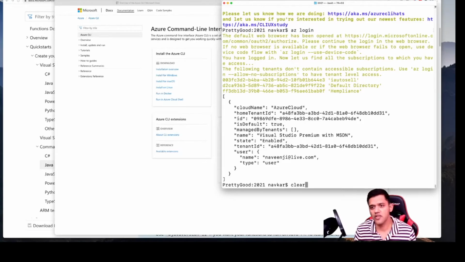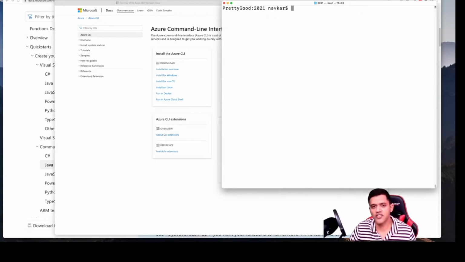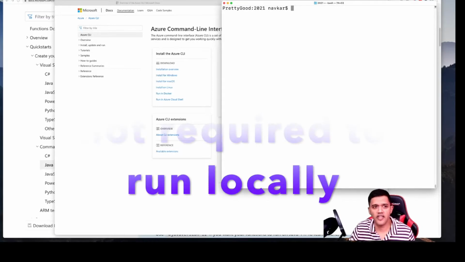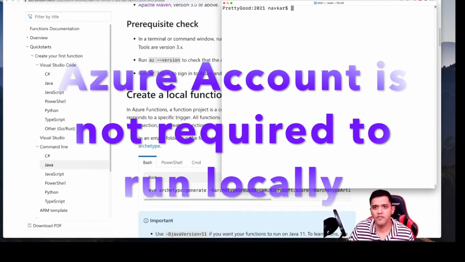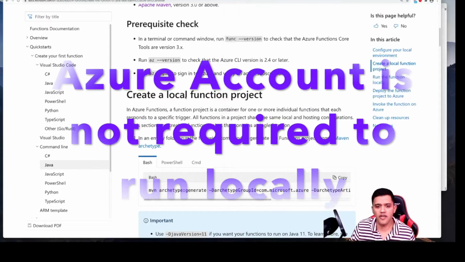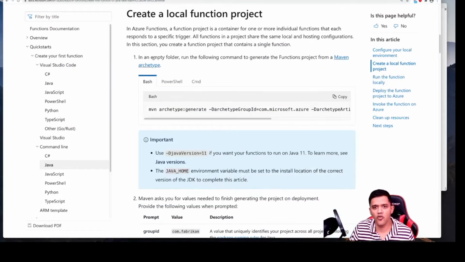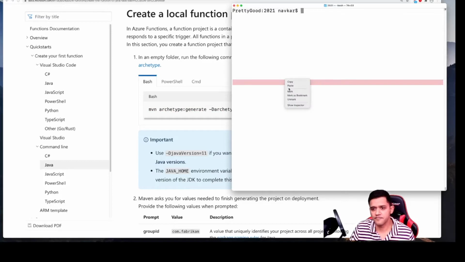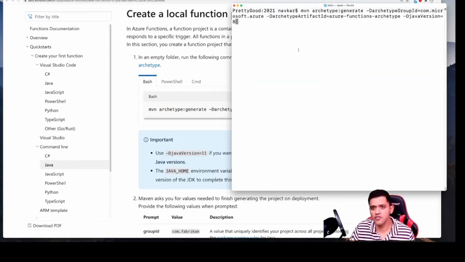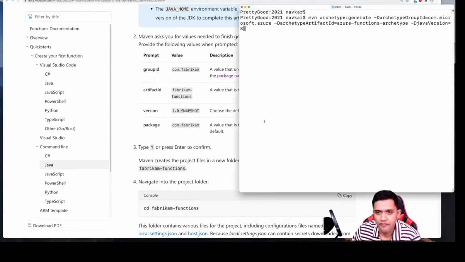Actually, you don't need to log into Azure just yet, just to create the Azure function template and run it locally. So I'm going to follow the documentation again. It says create a local function project. I'm going to use this Maven command line here. I'm going to copy this and paste it here, to use this to create my Azure Functions Java template. Once you enter the command line here,